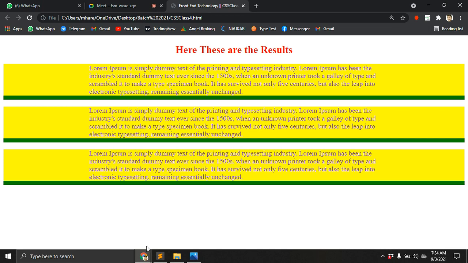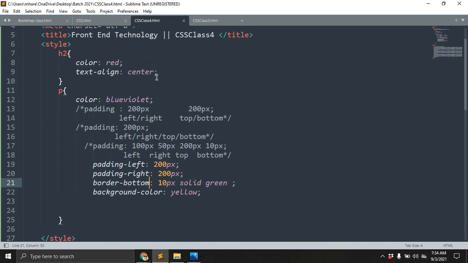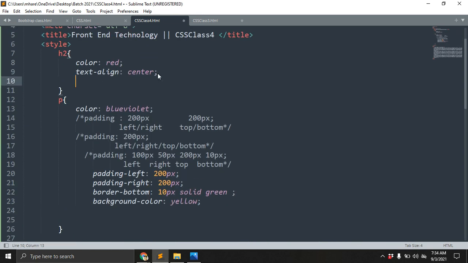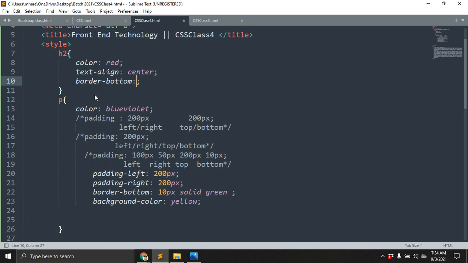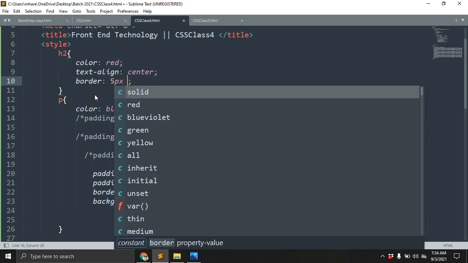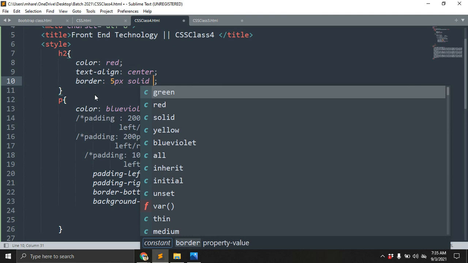Here also you just need to use it, in the h1 tag also. Border, like 2 pixels, solid, orange.